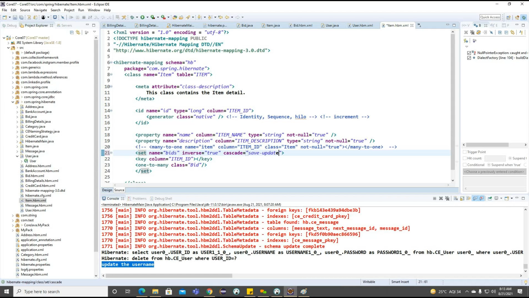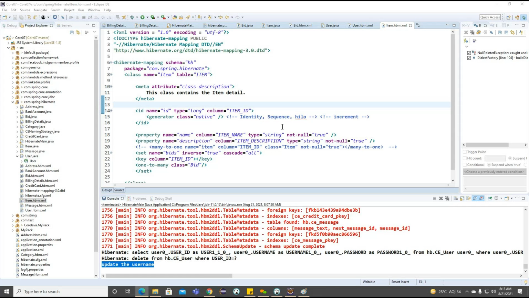And we can go for one more, delete. Only the deleted related information is going to be updated here. And the final one, we can make all. Whenever we make all, what is it doing internally? It will try to perform all the operations: insertion, updation, deletion, all the operations are going to be handled here. Getting the point? So this is all about the cascade related example here.